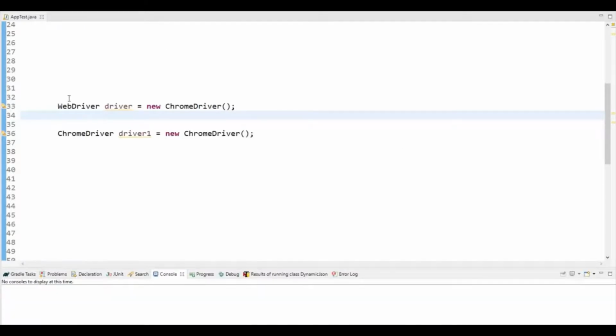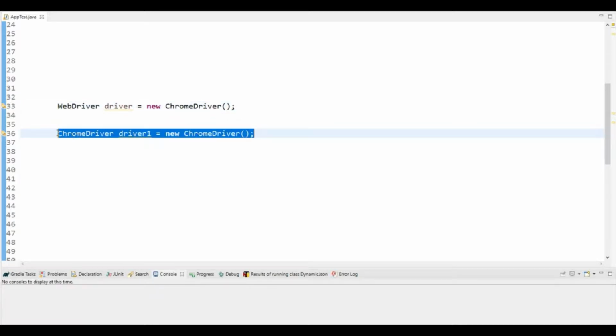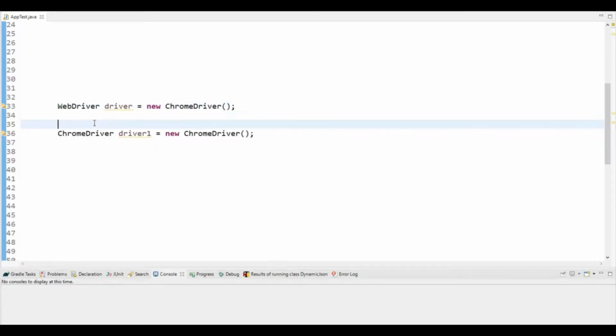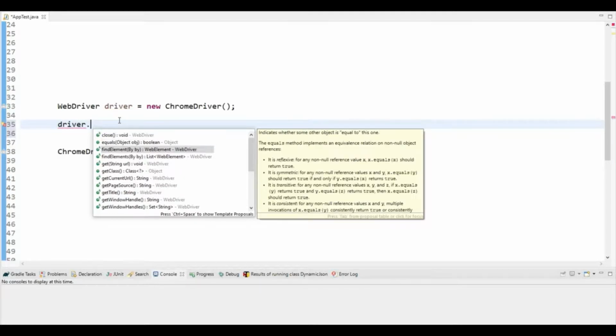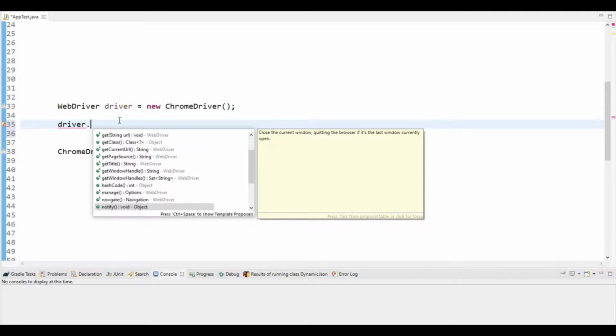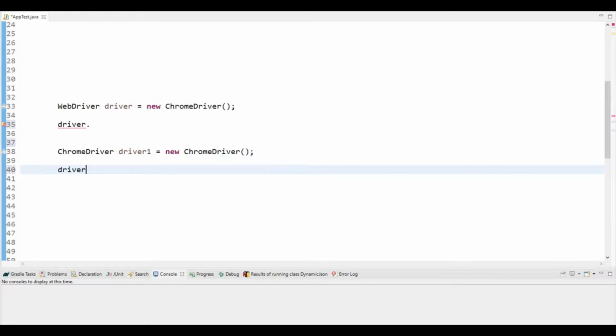I have already written the traditional way, where we use WebDriver to initialize ChromeDriver, and this is the other way that we should not use. Let's see one by one. If I write driver dot, you can see the methods you get, and it is not that many. But in the ChromeDriver one, let me just remove this.